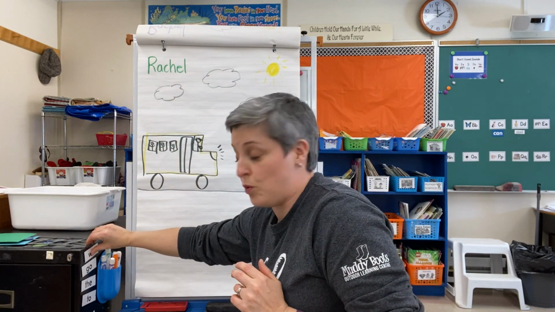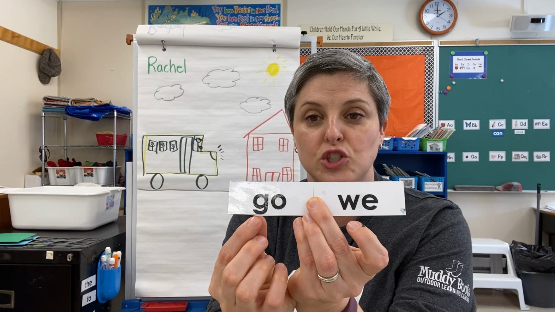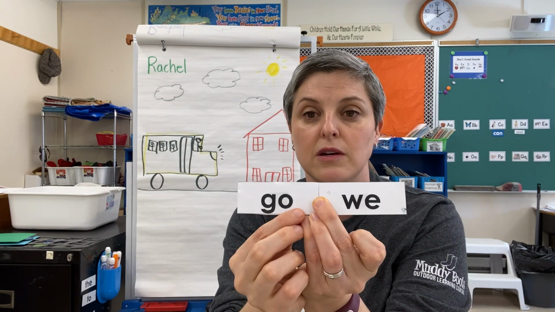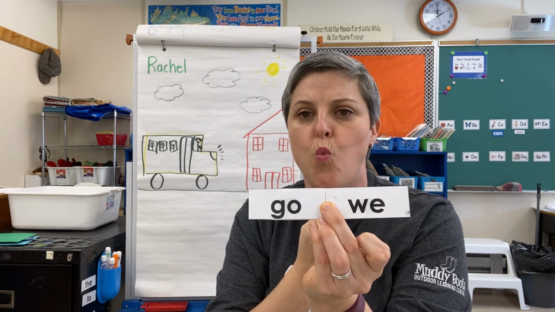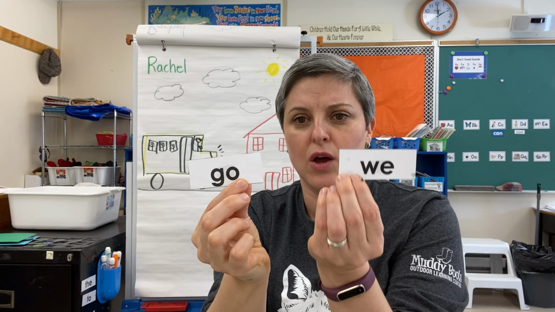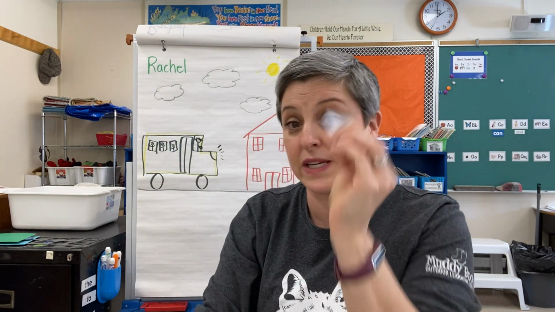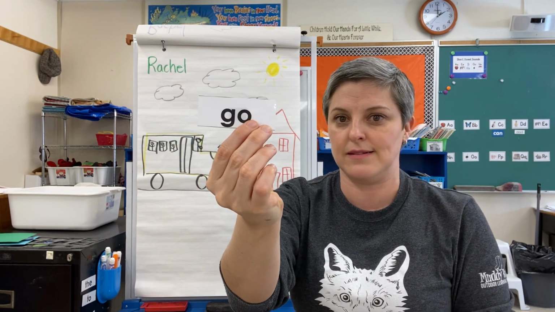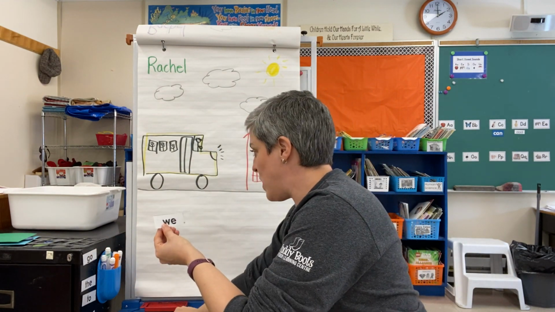So the first word was we. So I'm going to show you two words. We've got G-O and W-E. Look at the beginning sound. I have a G here and a W here. W, w. Which word is we? W. Oh, there's a W. W-E spells we. So this one's we. That's not we because that's not a W. Okay, so I'm going to write down we